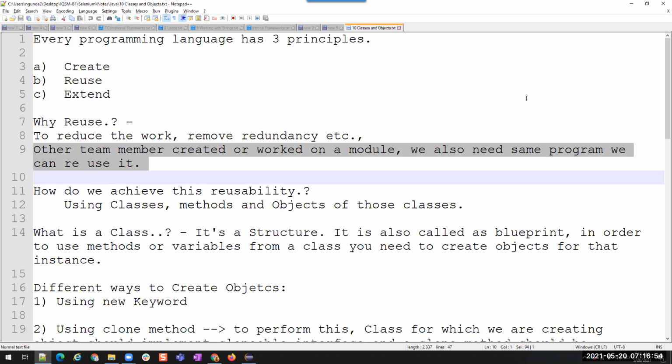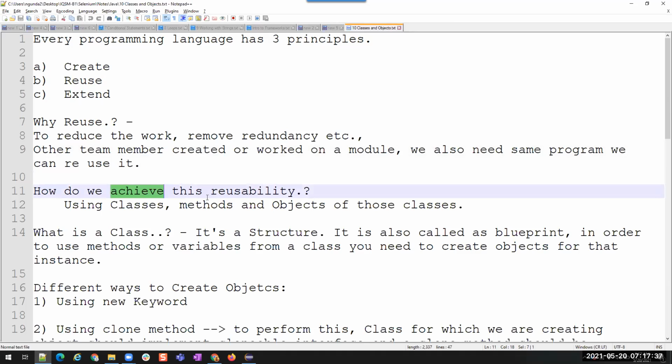We four are a team and I'm writing some code. I have a functionality for login. You also need that functionality. So you'll again start from scratch? No, right? You're going to copy my module or copy my method, or you are going to call my method and use the login functionality. You're not going to write the login method again. So that is nothing but reuse. We are not going to do redundant or duplicate work. We are going to use whatever is already available, or whatever we create, which is used in multiple places. So that is reusing.